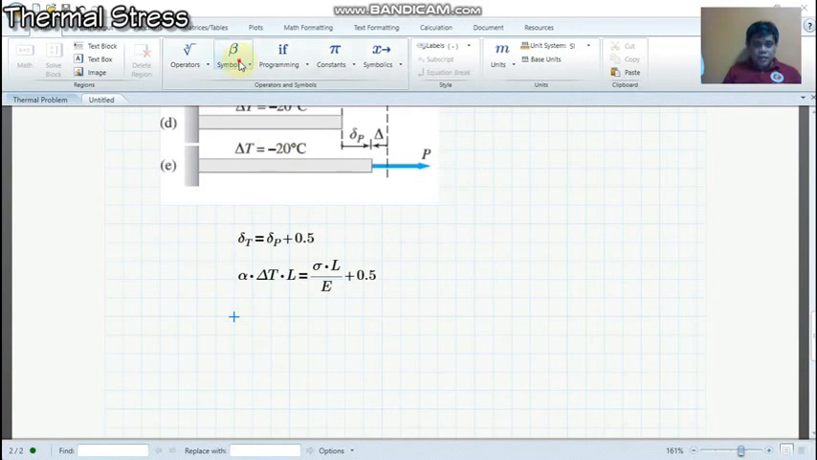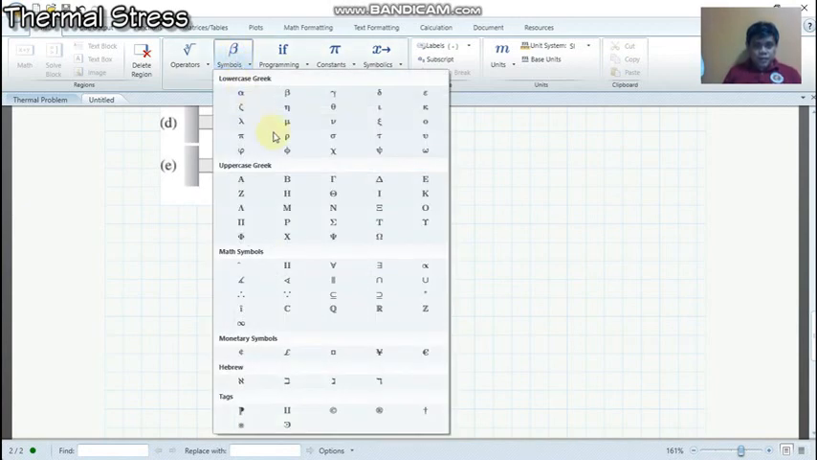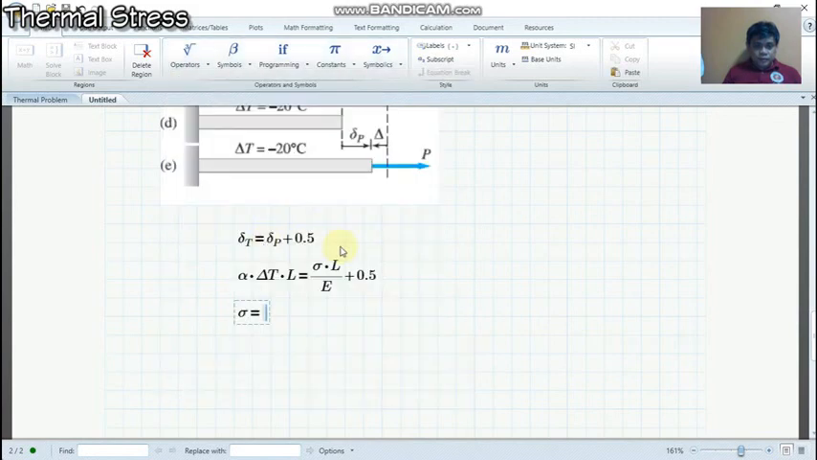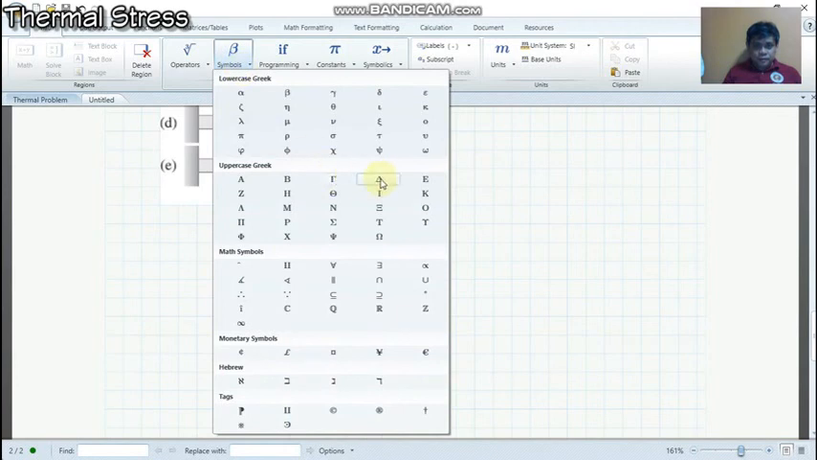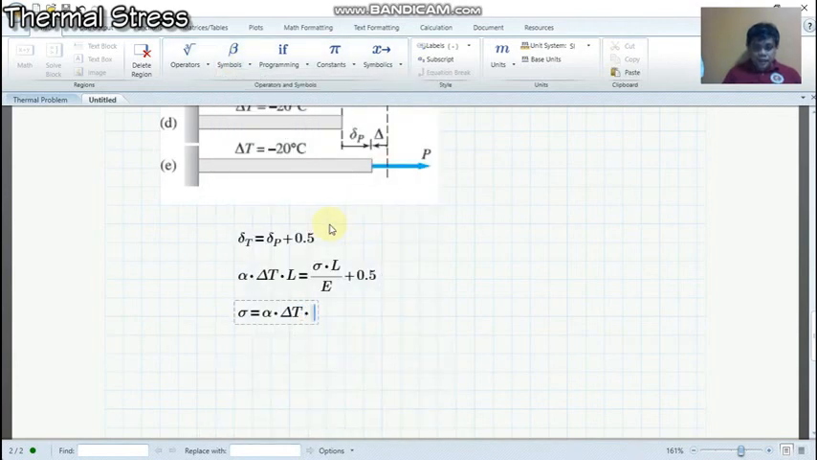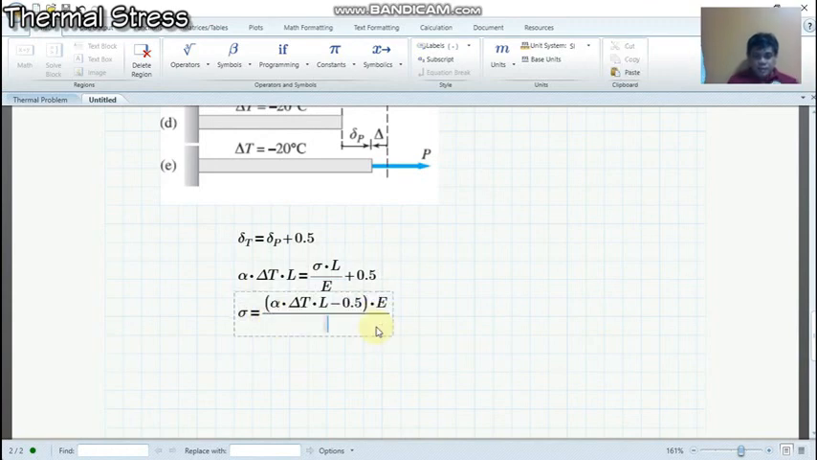Solving for the stress, we have the stress is equivalent to alpha times delta T times the length, minus 0.5, and it should be multiplied by the modulus of elasticity, and then divided by the total length. Okay. So we have the expression for the stress,